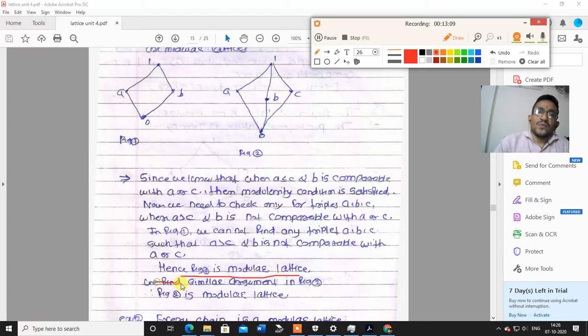Therefore similarly we can take the same argument for figure 2. We can say that figure 2 is also a modular lattice. Okay,